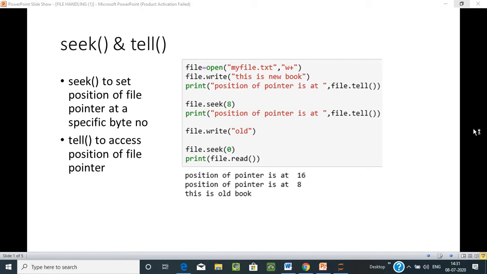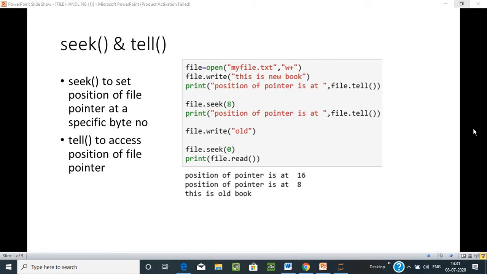Now in the third line we are printing the position of file pointer. With the help of tell function we can get the position of file pointer. File pointer is just like a cursor in a Word file or Excel file. So in text files we use file pointer in place of cursor.